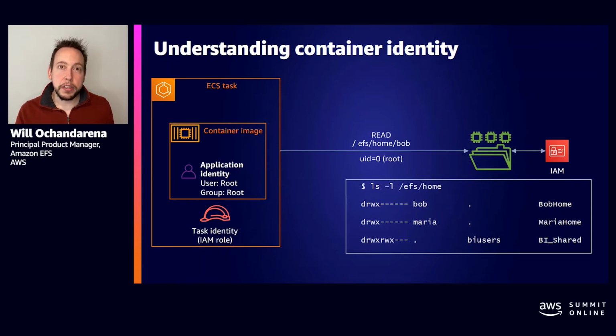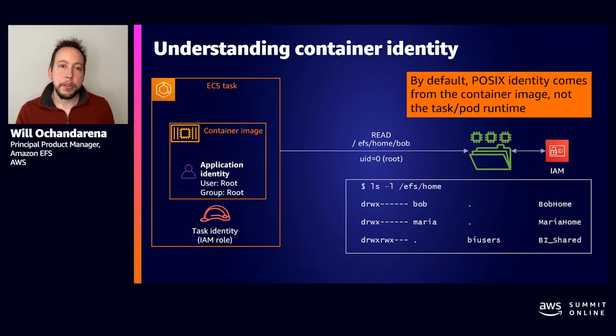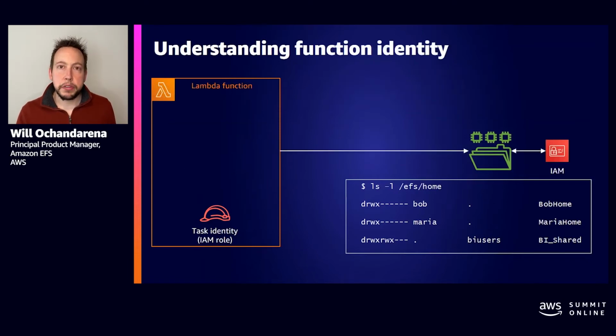It could be dangerous to let an application run like that because it means it has read and write access to all files in your file system. So the important thing to keep in mind here is the identity of the application comes from how it was built, not how it was run, which may or may not be how you want it to run. Now with functions, it's a similar story, except there's no real identity built into the Lambda function. It can be anything. So it's a non-deterministic identity.